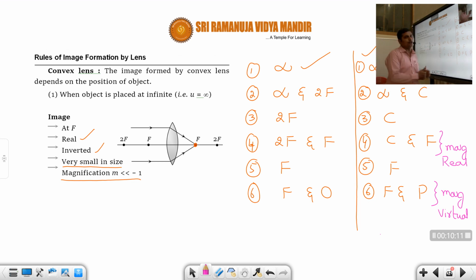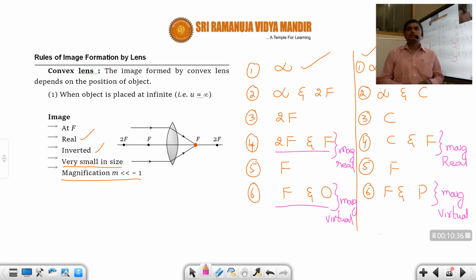So similarly, now when you come to lenses also, the same two positions are very, very important. What are they, students? Number one, when the object is placed between 2f and f, and when the object is placed between focus and the optic center. So in these two cases, the image is magnified, but one is real, another one is virtual. Okay, students. So what is the difference? Real means which can be obtained on the screen, virtual means which cannot be obtained on the screen. Okay, students. So these two positions are very, very important.